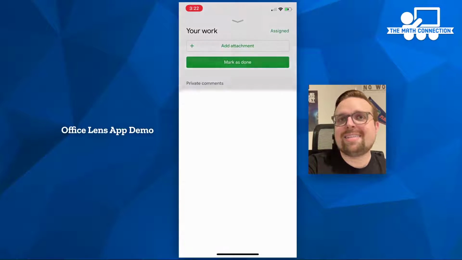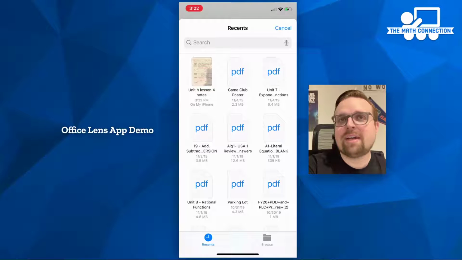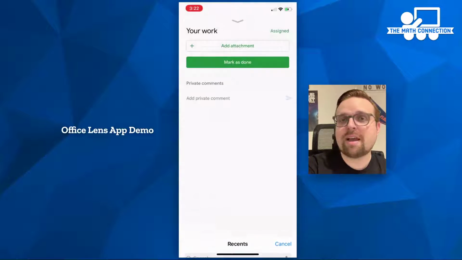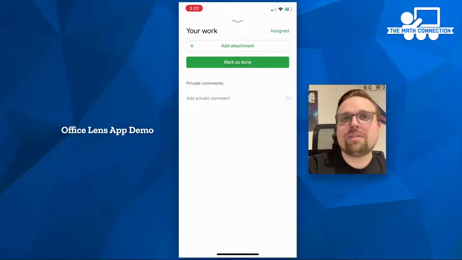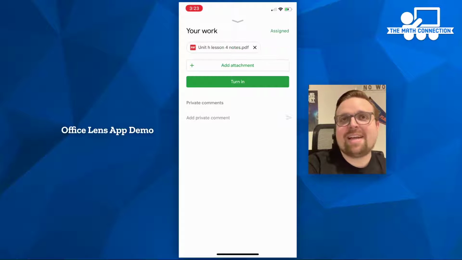You're going to hit Add Attachment, and then you're going to add a file. Since it brings up your recent documents, it should be the very first thing that you choose from. It takes a moment to attach. And then once it is attached, you'll see the file there, and you can just hit Turn In. That will turn in the document to me as your teacher, and I can go ahead and grade it